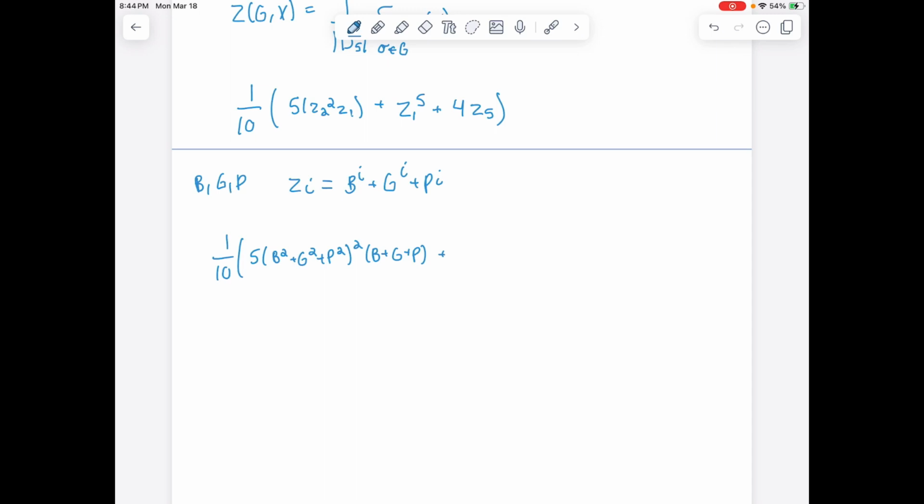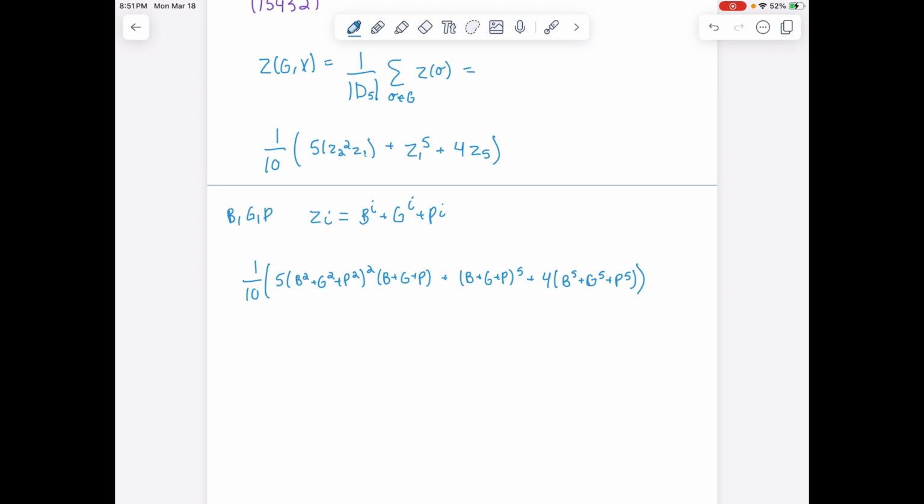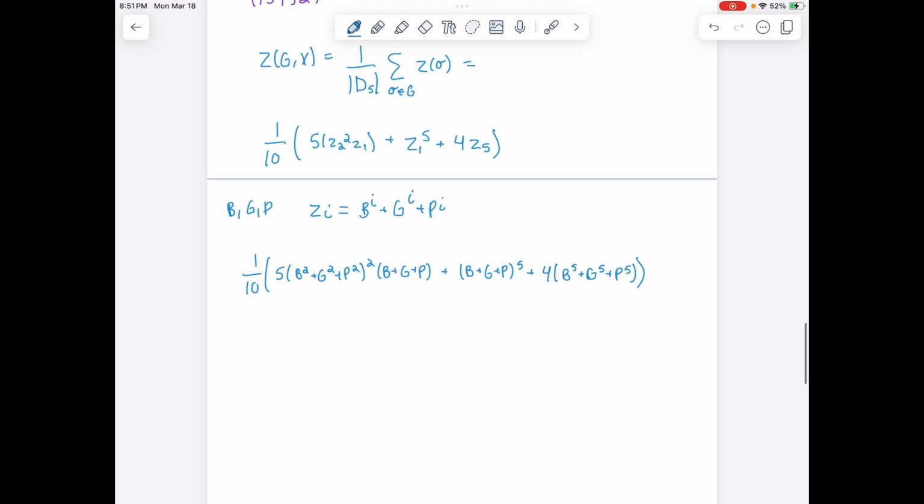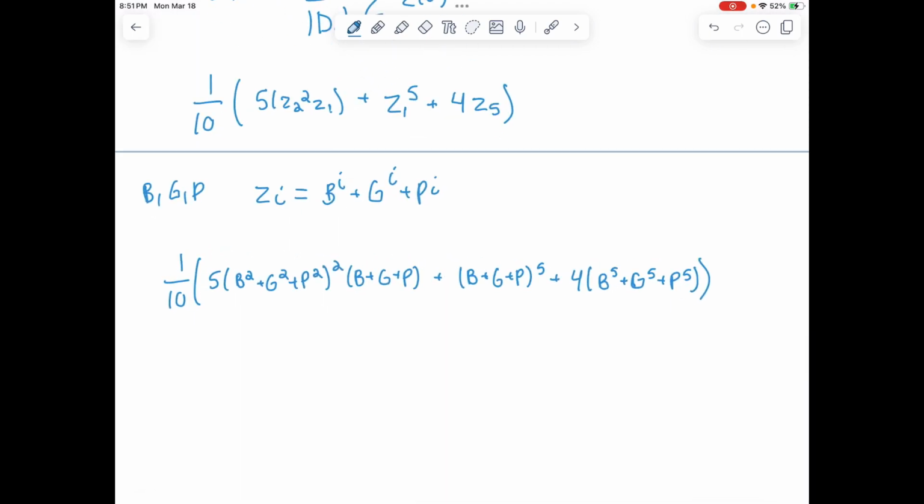plus B plus G plus P to the 5th power and plus 4 times B to the fifth plus G to the fifth plus P to the fifth. This is our weighted enumerator of G. And if we want to consider now the colors,